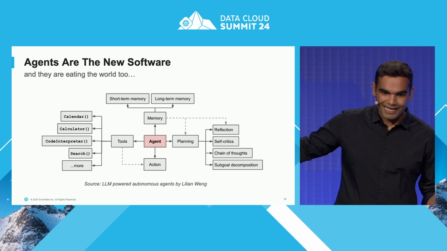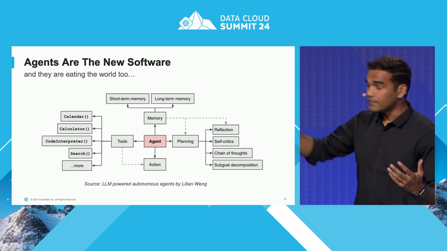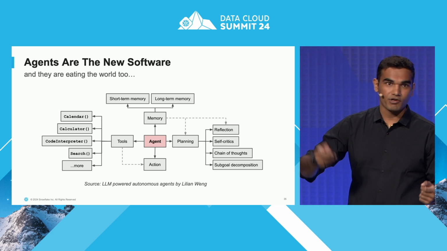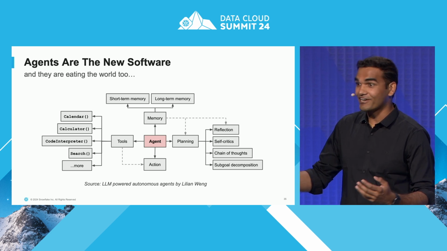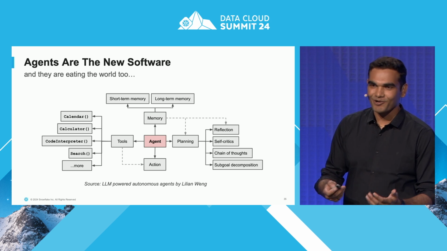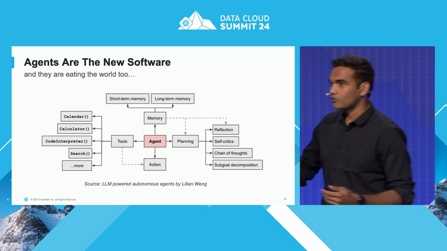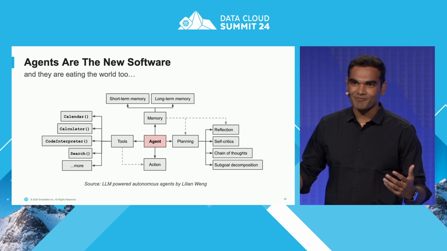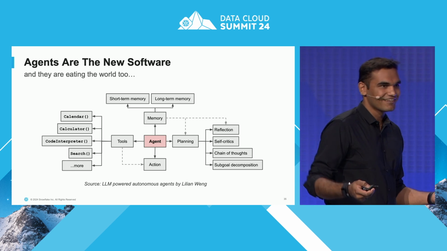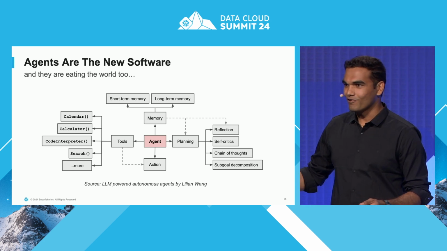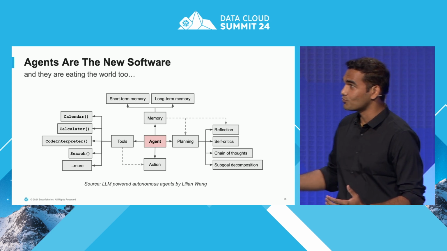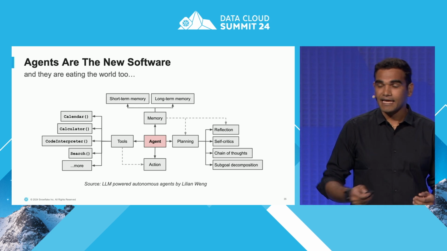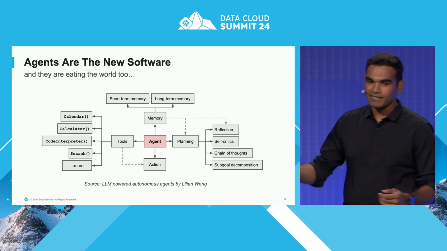So the 4 critical aspects of an agent that typically are talked about are memory. What can you remember as a person who is a knowledge worker? So when you start your day, you already know what your organization is up to because you have that memory in you. The tools that you have access to. Now, a lot of us use Microsoft Teams, Slack, email, Zoom to interact with our coworkers. An agent also has similar tools like calendar, calculator that it has access to and can call on demand. The actions that we take on these tools, and finally, the planning that we do.